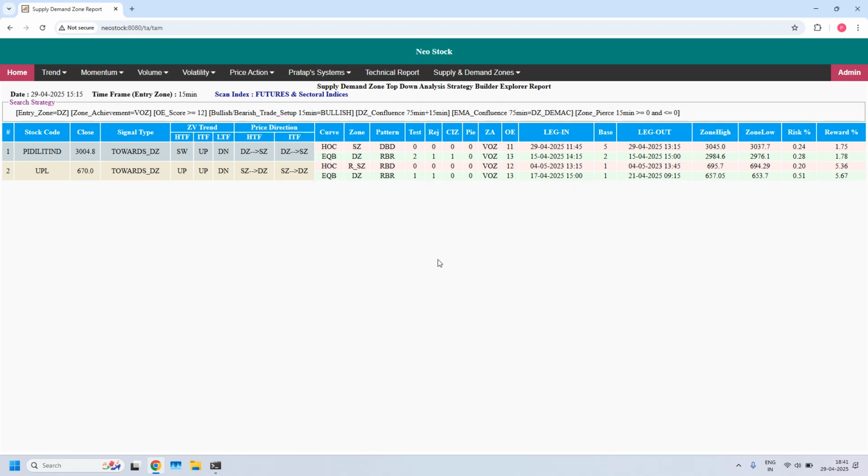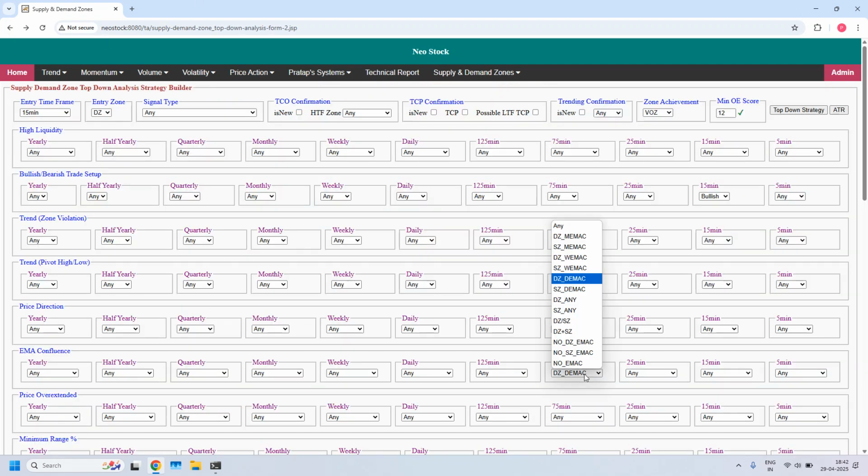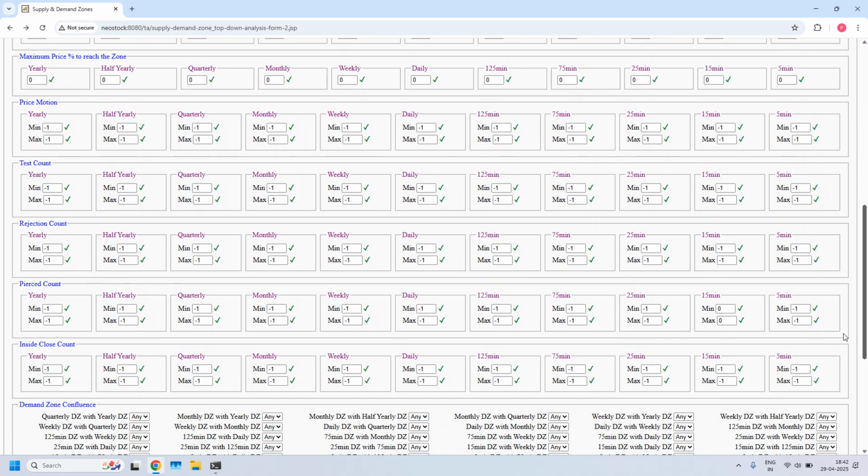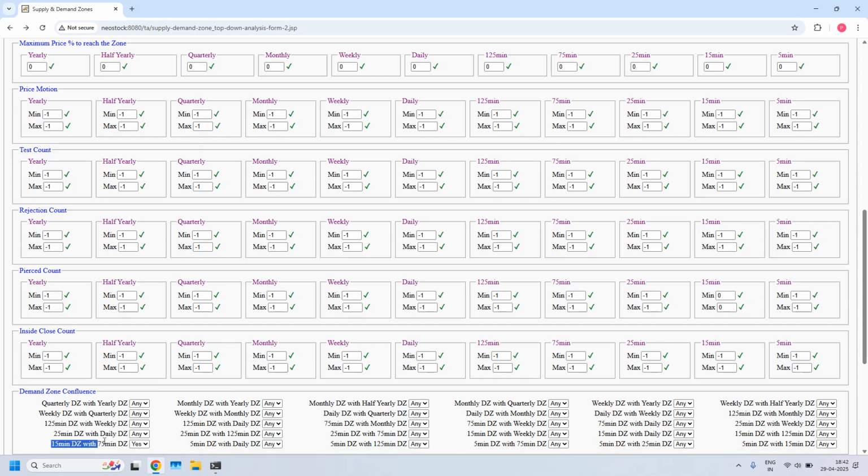Next, we will look into LTF, ITF and HTF demand zone confluence supported stocks. That is 15 minutes, 75 minutes and daily demand zone confluence. I am removing EMA filter. In the demand zone confluence, I should set three filters. First filter is already enabled, 15 minutes and 75 minutes demand zone confluence. Next 15 minutes and daily demand zone confluence, 75 minutes and daily demand zone confluence. With all the three filters,